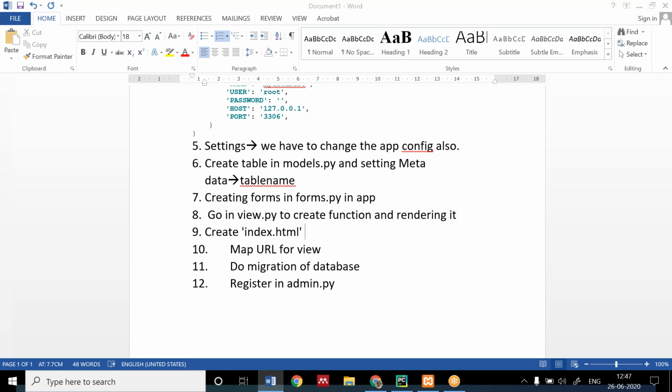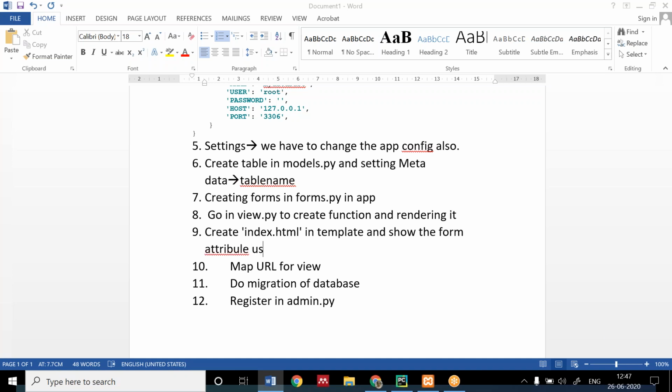Next is create index.html in the template and show the form attribute using form.attribute name.